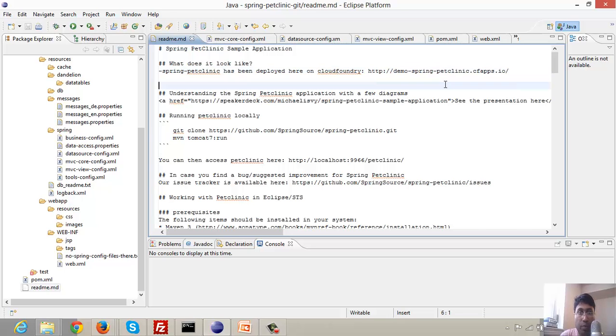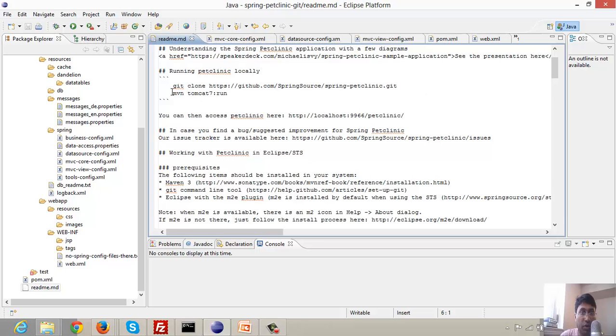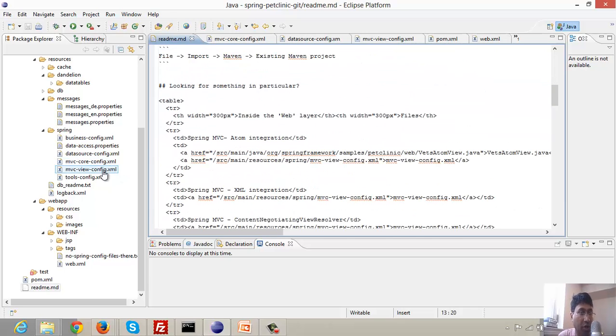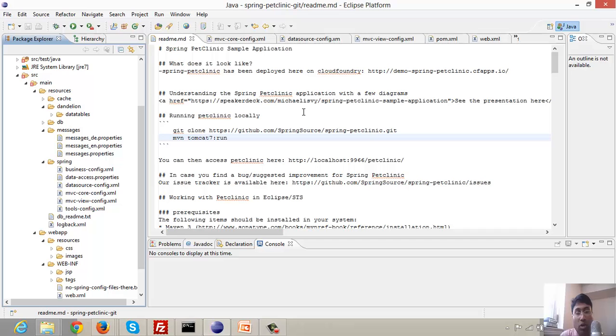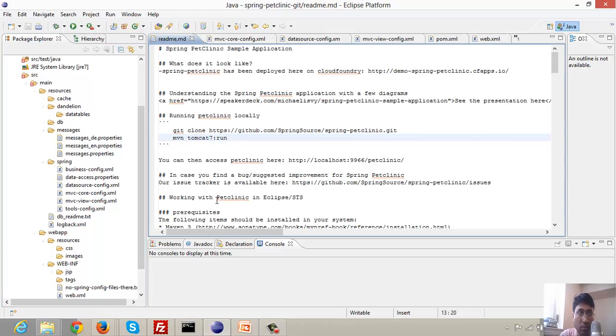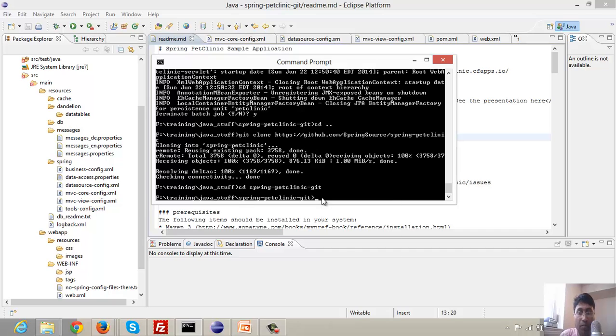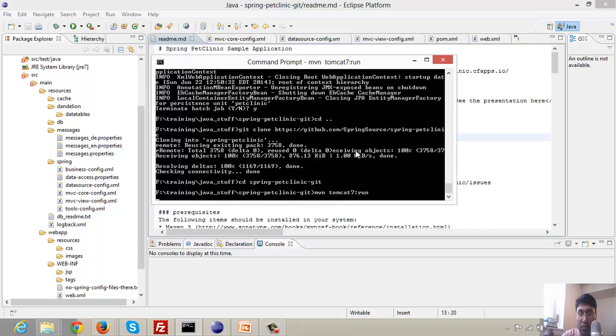But if you want to see it in your case, you have to run something like this: mvn tomcat7:run. So you know that you have to have Tomcat installed. Okay, I did not check if this already comes with Tomcat or not. But still, maybe we have some libraries for Tomcat as well. Still, if you have installed it somewhere else, it may need some sort of reference. Anyway, so if you run this,